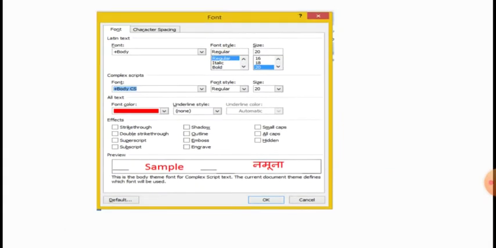And as we click, we get the font dialog box, and there are various options available in a font dialog box. Already font option is given, font style is given, font size is given. Mostly the font group options are available in a font dialog box. We can use superscript, subscript, shadow option, outline options, and character spacing options are also available in the font dialog box. So with the help of the font dialog box, we can also apply various formatting options.